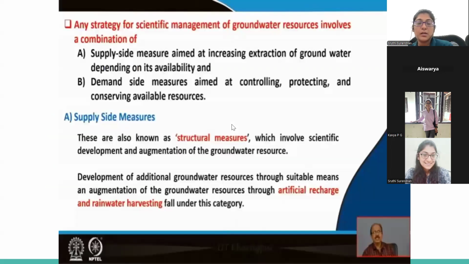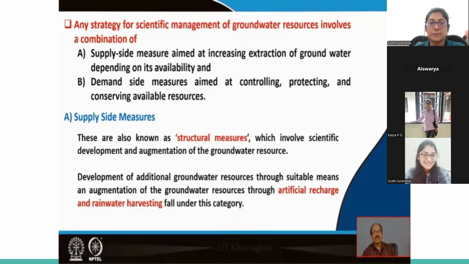Okay. So this week's portion is largely based on groundwater and groundwater resource management. Management, irrespective of whether it is groundwater or surface water or any kind of resources, has to be maintained or managed in a scientific manner, that is, taking care of the resources in a sustainable way. So any strategy for scientific management of groundwater resources involves